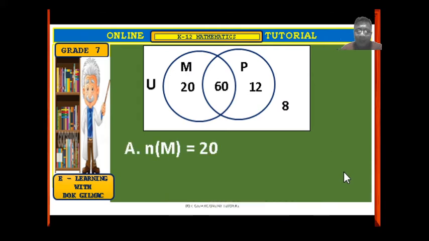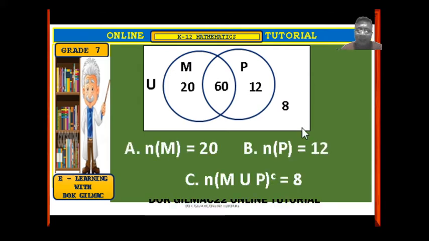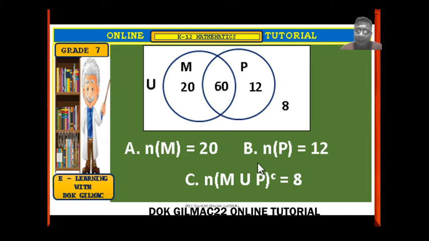So, from here, we were able again to answer the questions given in the problem. Number of customers who ordered mushrooms only, there are 20. So you can see here. Number of customers who ordered pepperoni only, there are 12. And the number of customers who ordered neither pepperoni nor mushroom are 8 customers. So that's how to use the Venn diagram in solving the